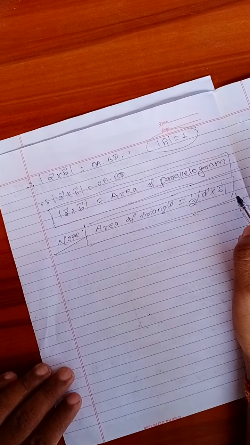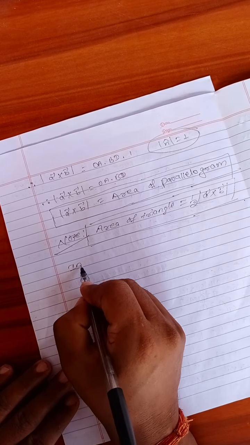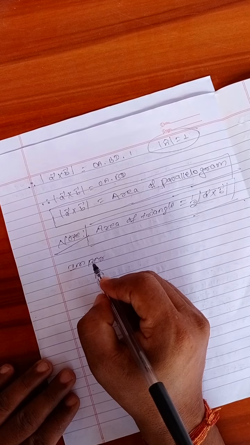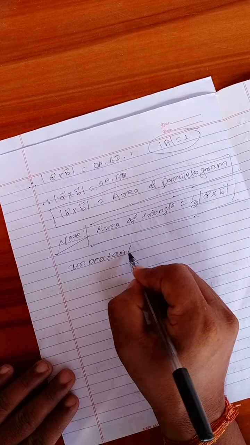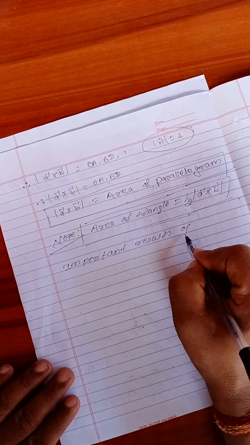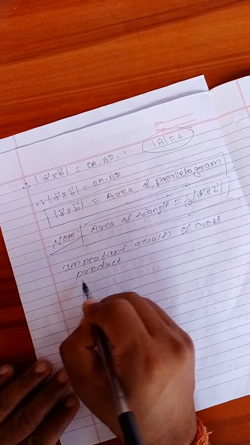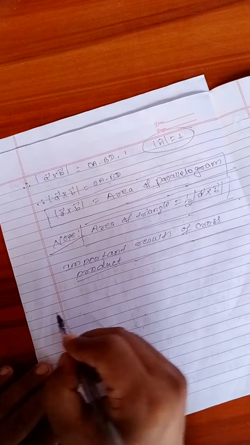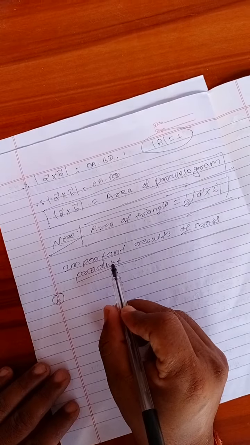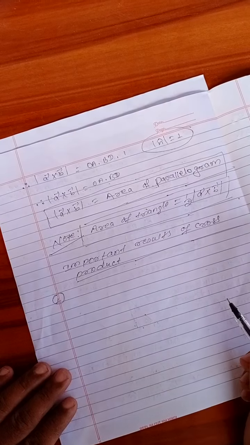After this, you will have some important results of cross products. So what are the important results, or you can say properties, of unit vectors in a cross product? Unit vectors like i, j, k.